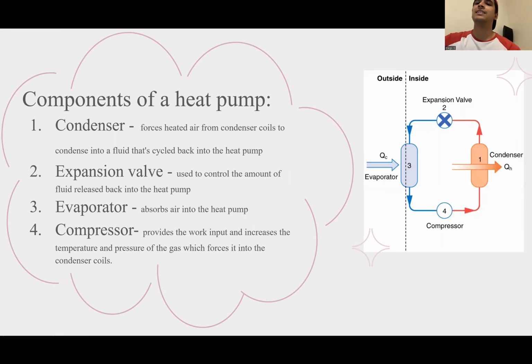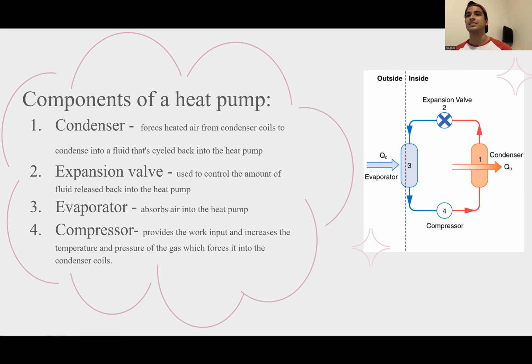And in this next slide, you see the components of what makes up the heat pump. Actually, I want to start off with the compressor, where the air that's taken in is compressed into these coils, which then the condenser forces into a liquid. From here, it goes into the expansion valve, which regulates the amount of fluid that's going to go back into the system. And then from there, it goes to the evaporator, where it gathers the cold air,